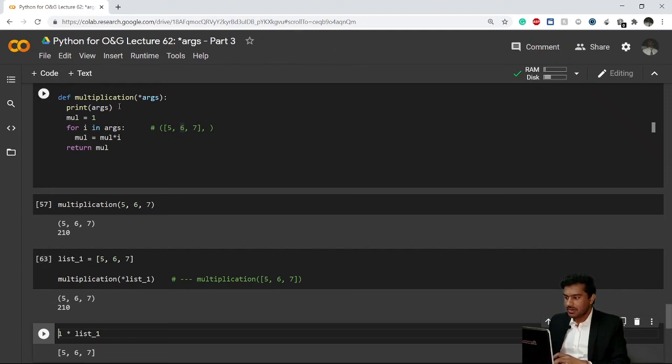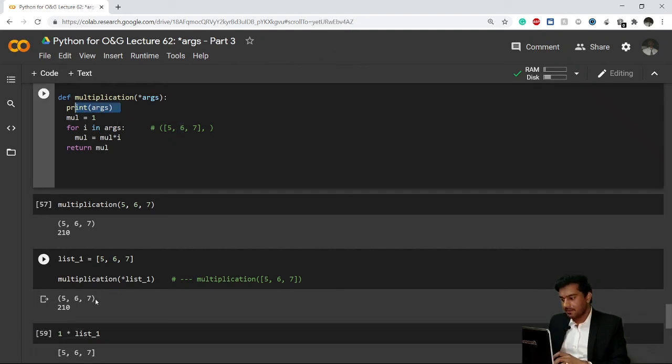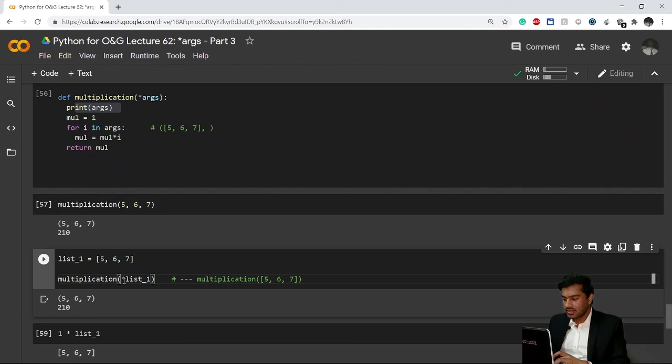The first statement prints the args correctly. Then the star operator has unpacked the whole list into each element. Now it is not a single element, it is 5, 6 and 7, and that's why we are getting the multiplication, 210. So this is how we can unpack values using the star operator.